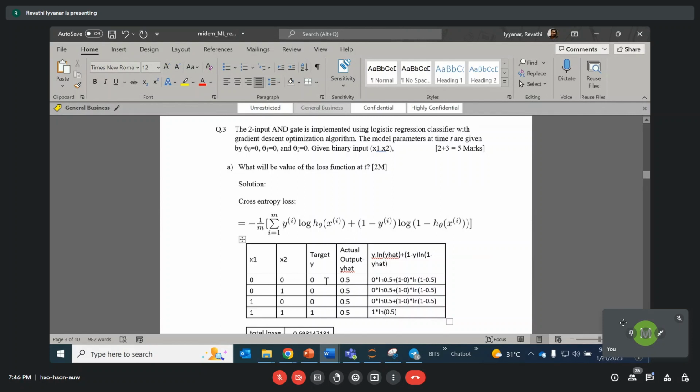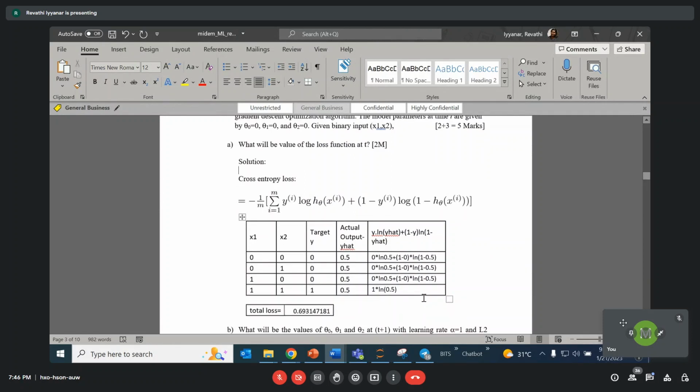Yeah. 0, 1, 0, 0. Yeah, x1, x2 are the inputs to the AND gate. Y is the output. If both are 1, the output will be 1. Remaining is